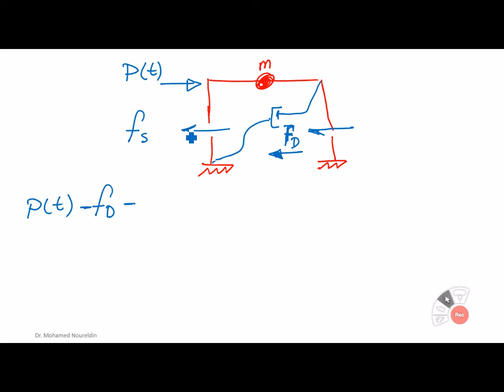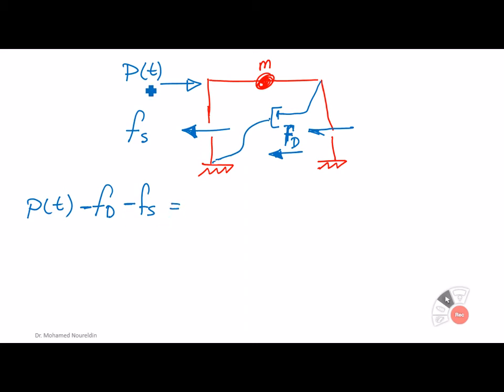Let's assume that we have the elastic force coming from the system itself, from the columns, for example. This is why I put two arrows here, but both of them represent the elastic resistance force. And we have the damping force, which is coming from, do you remember, the structure damping? We said there are many sources of damping: the material, the friction for steel structures, or opening and closing of cracks and so on. So P of t minus Fd minus Fs, the elastic force, equals to